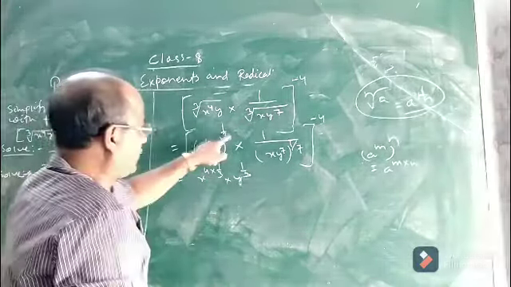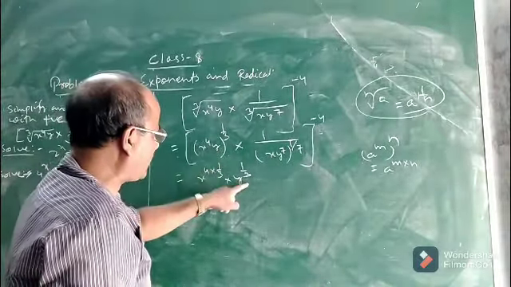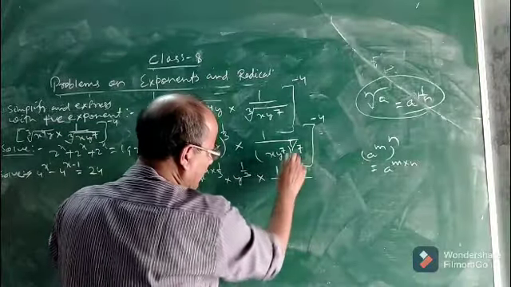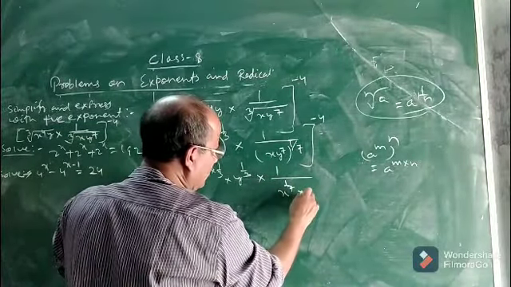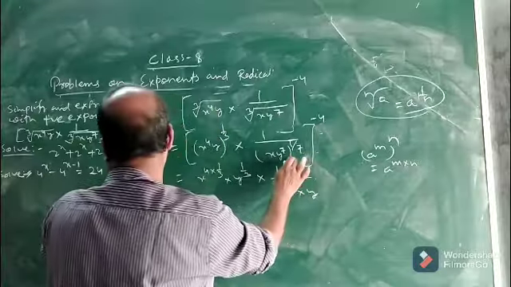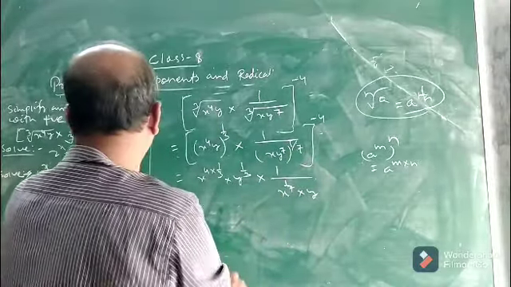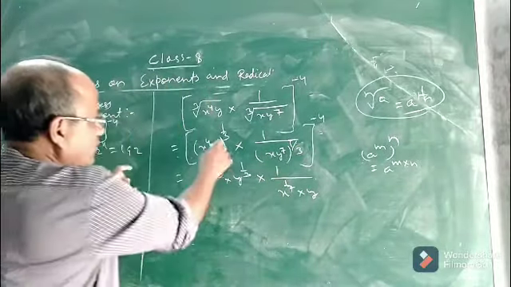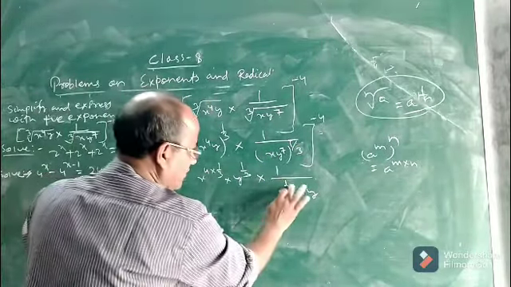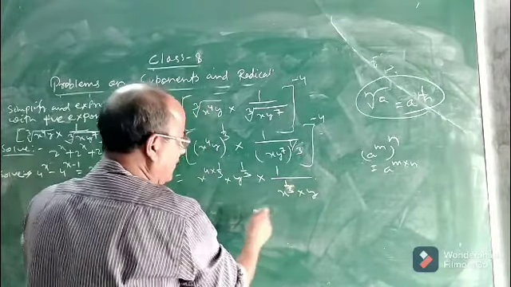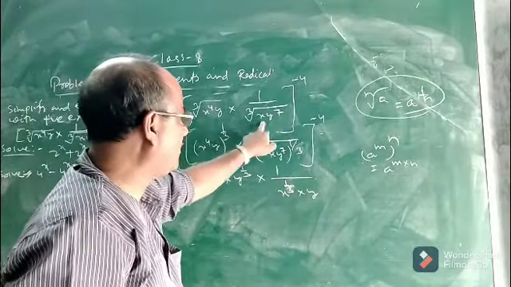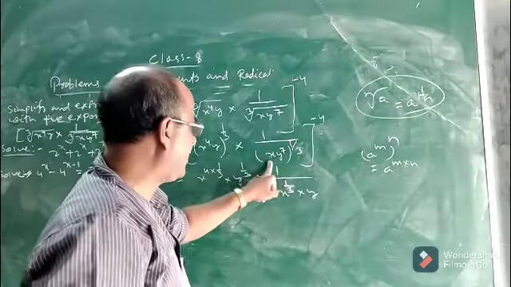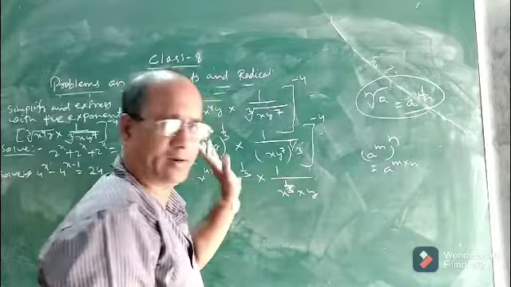You see, x to the power 4 into 1 by 3 into y to the power 1 by 3. Then this is into 1 by x to the power 1 by 7 into y to the power 7 into 1 by 7. Sorry, it is given cube root. Cube root means it is 1 by 3. So this will be 1 by 3, not 1 by 7. It is given the cube root of x y to the power 7. That means in exponential form it will be x y to the power 7 whole to the power 1 by 3.